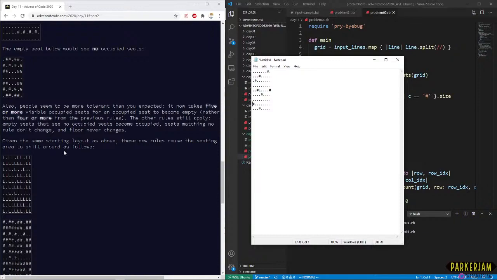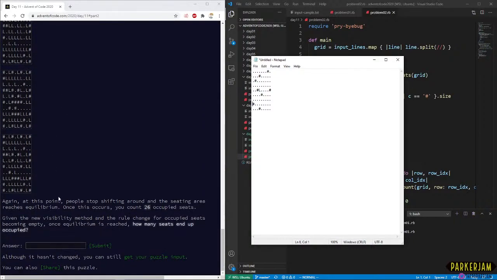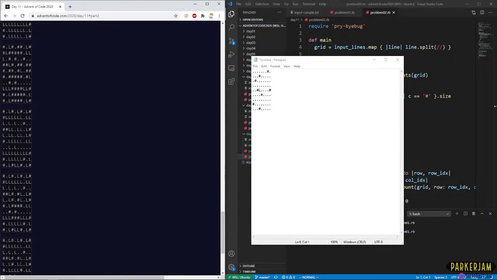Other rules still apply. Empty seats that have no occupied around become occupied. Seats matching no rule don't change, and floor never changes. Given the same starting layout as above, these new rules cause the seating area to shift around as follows. Again, at this point, people stop shifting around, and the seating area reaches equilibrium. Once this occurs, count 26 occupied seats. Okay, so let's